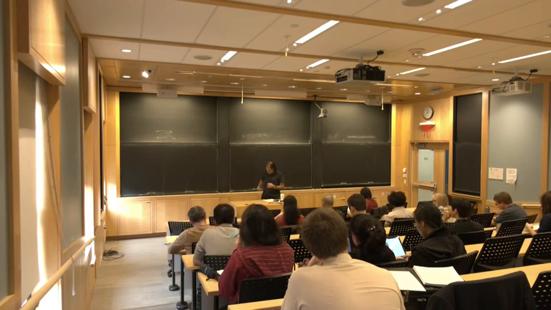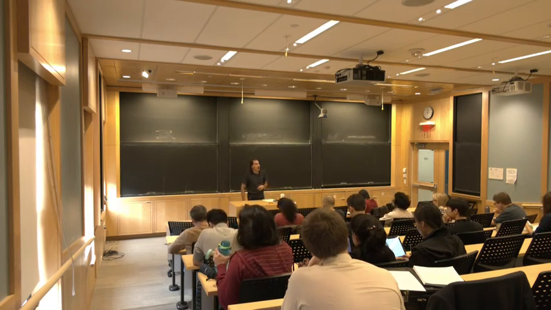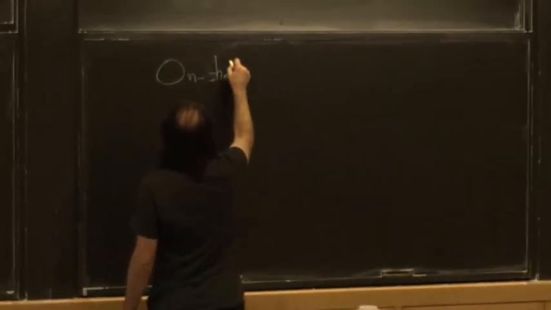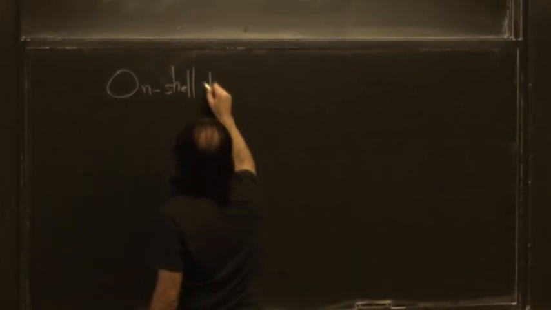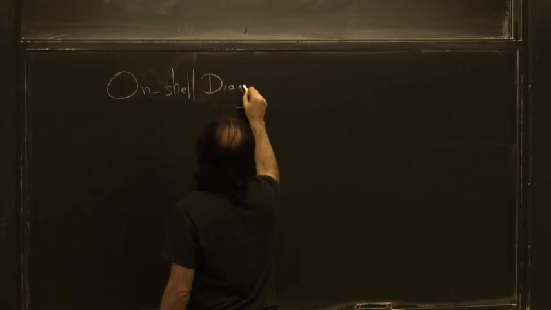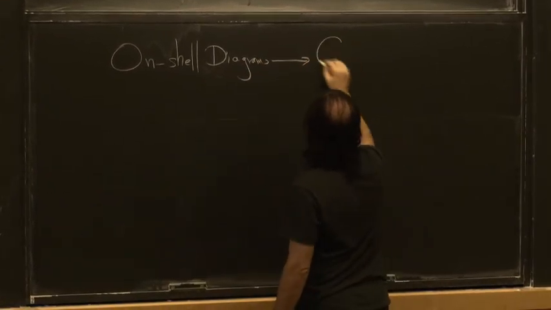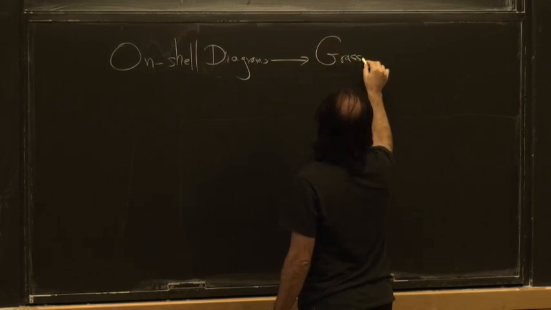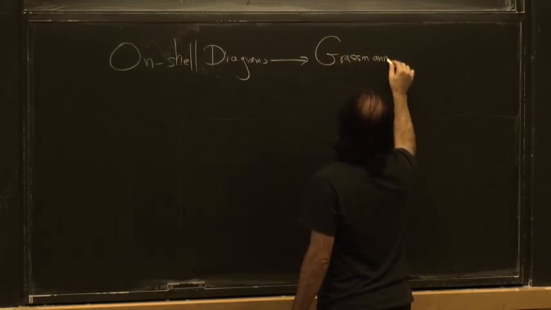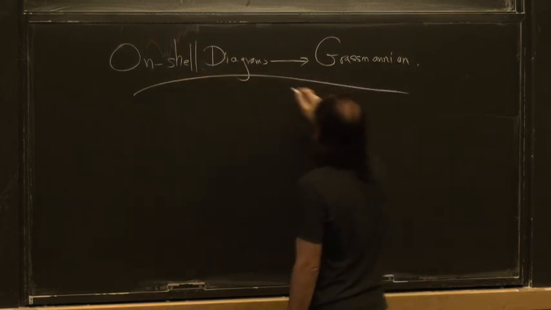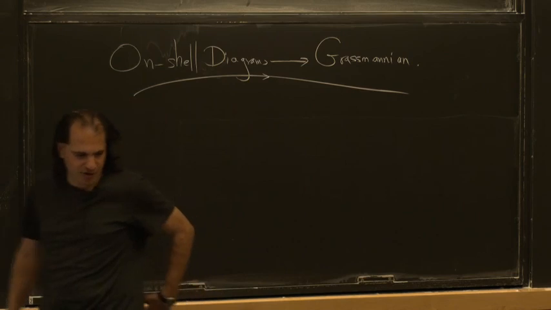So let's get started. Today we're going to talk about very concretely how to go from on-shell diagrams, and how to think about on-shell diagrams as really associated with some cells of the Grassmannian. And actually today the word positivity is not going to make an appearance. We're going to do all kinds of things and understand all sorts of things